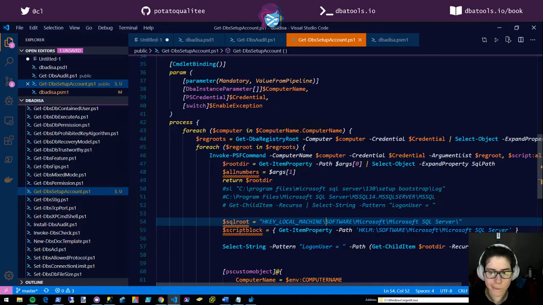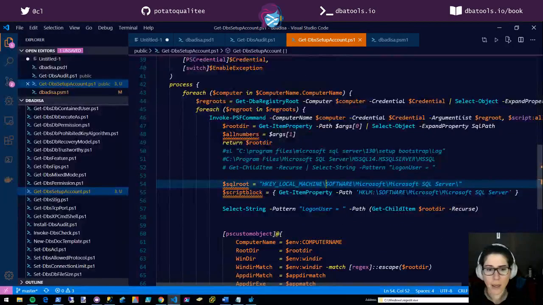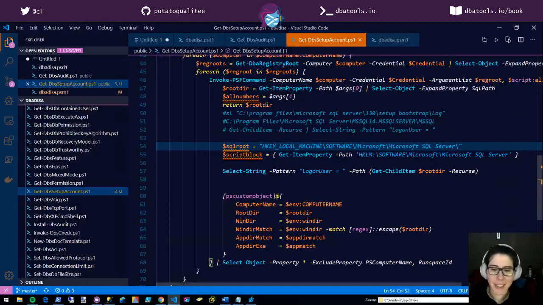All right, so, ooh, wow, 29, goodness. Welcome everybody. Tonight I am working on using PowerShell to secure SQL Server. And right now I am working with one of the more painful parts of PowerShell, which is the registry. But hopefully I can get through this and then we can get onto something more fun. I did copy and paste all the code from another command, so the stuff at the bottom isn't in use right now.